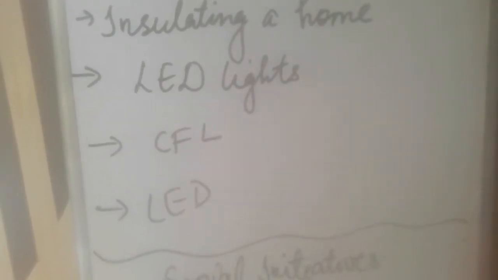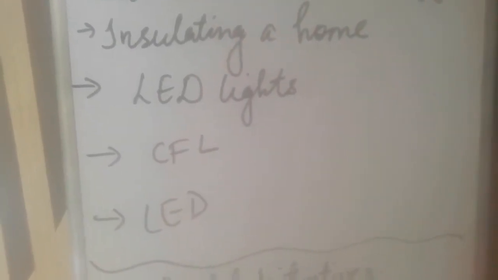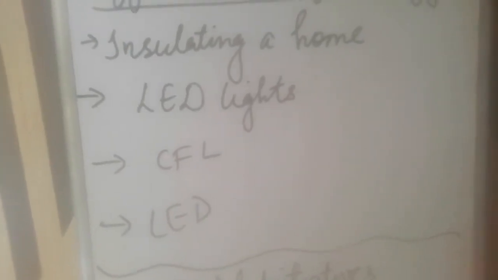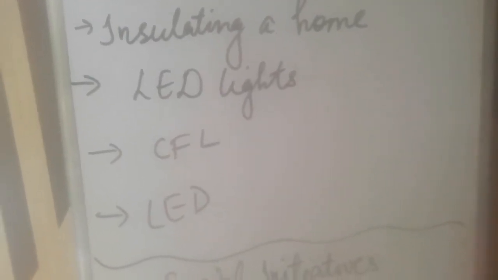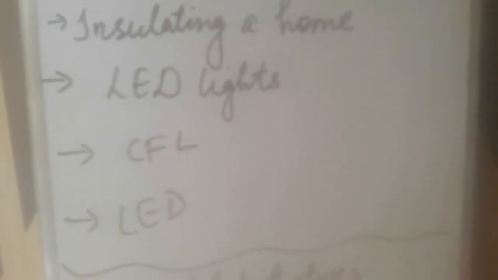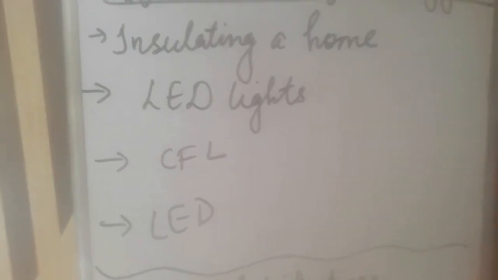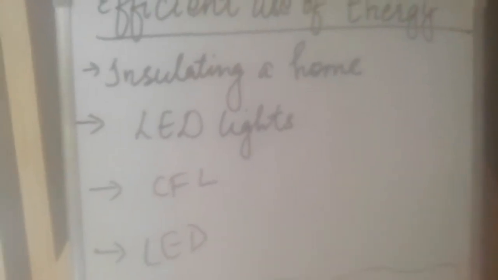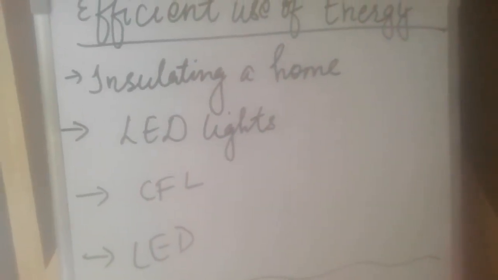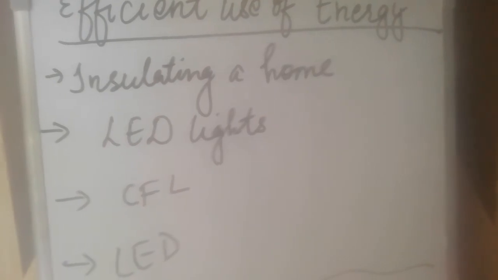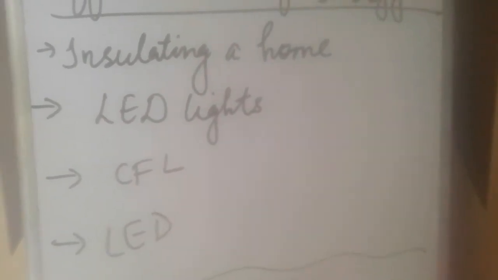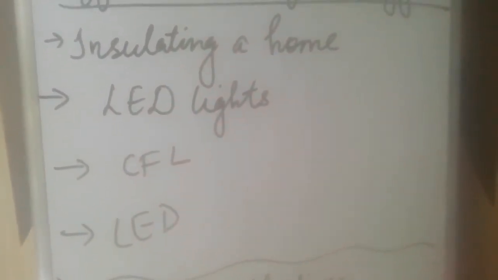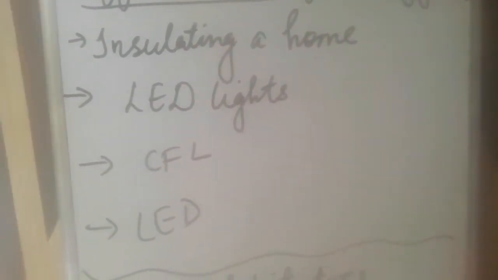Now, sixth point, a building's location and its surroundings play a key role in regulating its temperature and illumination. Whenever we are constructing a house or a building, the proper placement of windows, skylights and doors, and the use of architectural features that reflect light into the building can reduce the need of artificial lighting. If we have windows or doors properly placed in our homes, then during the daytime there is no use of bulbs, incandescent lights or fluorescent lights. We can use the natural light. Okay, a white roof system can save more energy in summers.